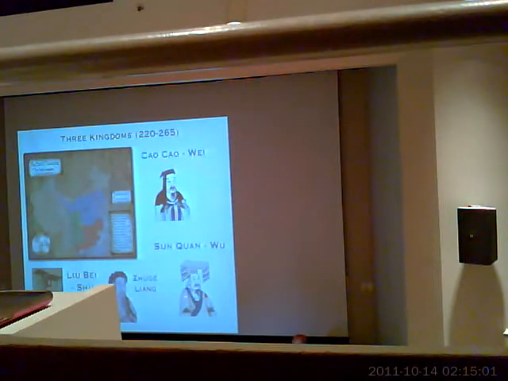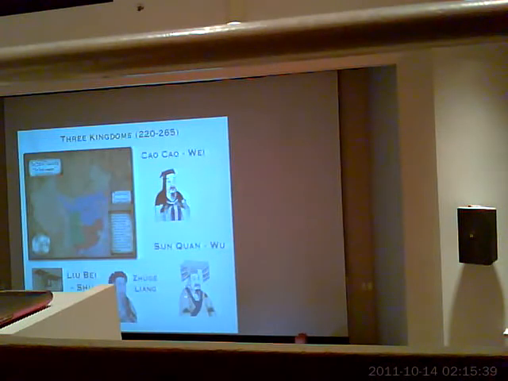And then the southeast was under the control of the Sun clan, under Sun Quan, who founded a kingdom called Wu. So Wei, Wu, Shu were the three kingdoms in this period. And there are many stories that come out of the Three Kingdoms period, and many of you are probably already familiar with them. Of course, there's the novel, The Romance of the Three Kingdoms, a very famous novel. There's a historical work called The Record of the Three Kingdoms, on which the novel is based. And then in modern times, of course, countless movies, comic books, video games, trading cards, you name it, based on all the famous generals and all their battles in the Three Kingdoms.